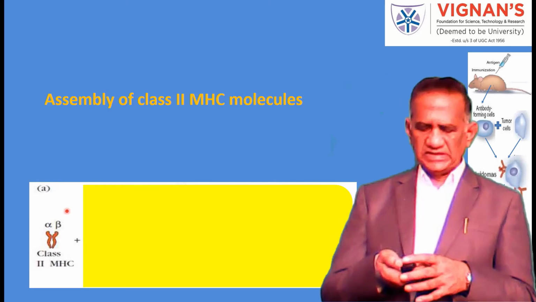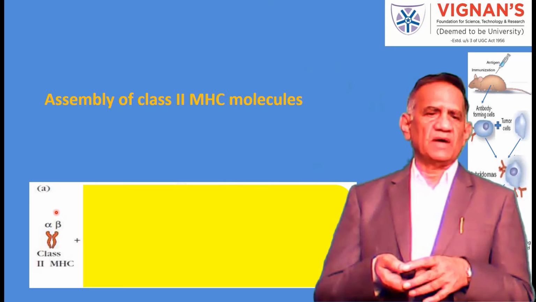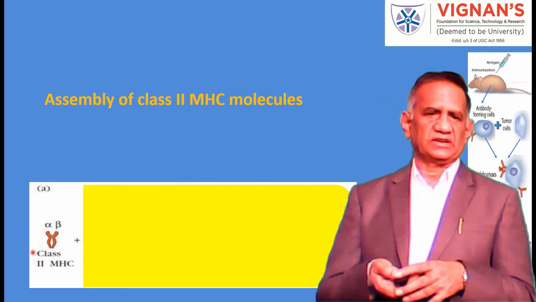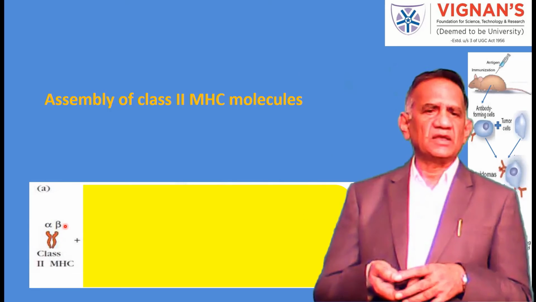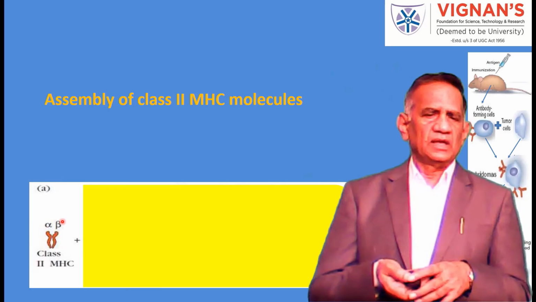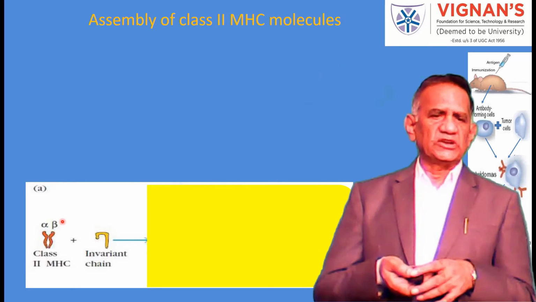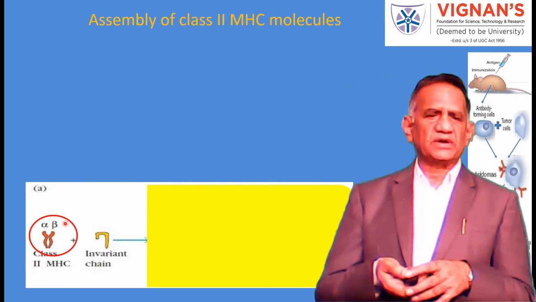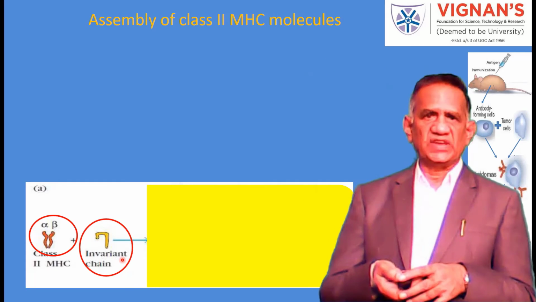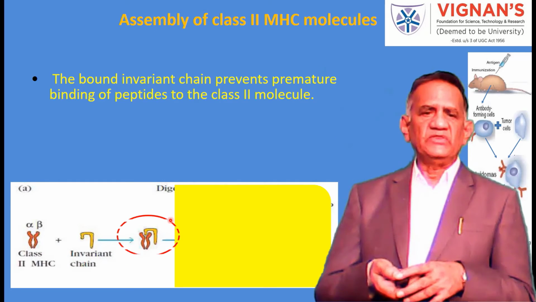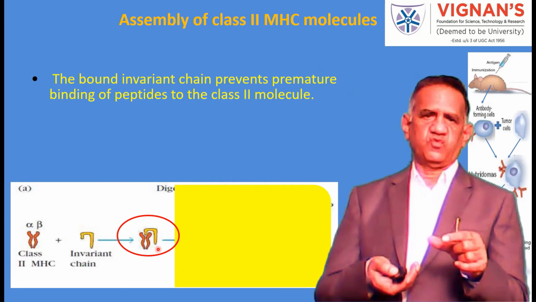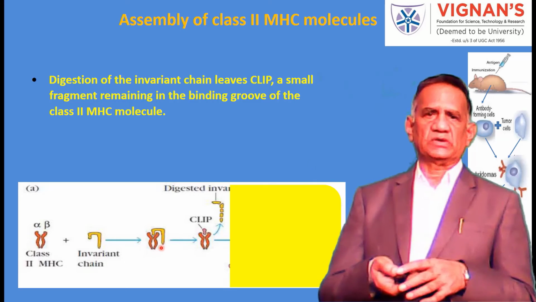Okay, now let us see the assembly of the class 2 MHC molecule. So the class 2 MHC molecule is distinctly separate from that of the class 1 molecule. The class 2 MHC molecule is the naive molecule that is shown here, that is being protected by a chaperone molecule called the invariant chain, and then the invariant chain is attached to the cleft of the MHC2 molecule,